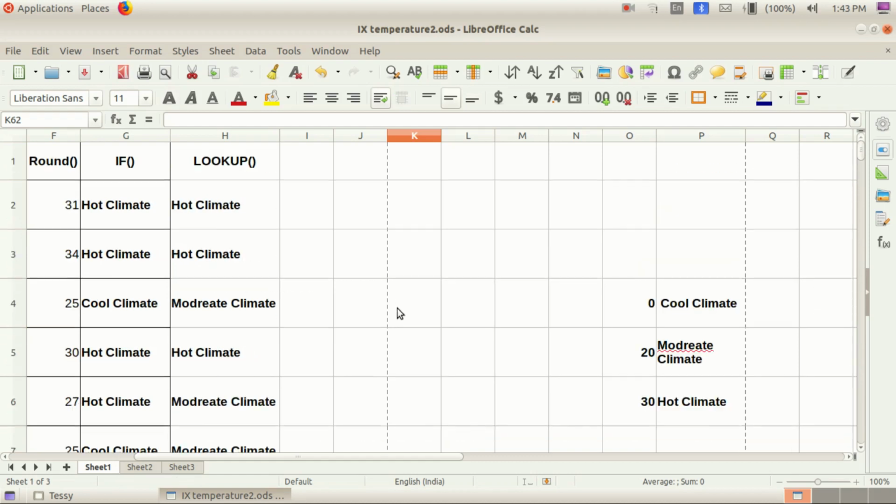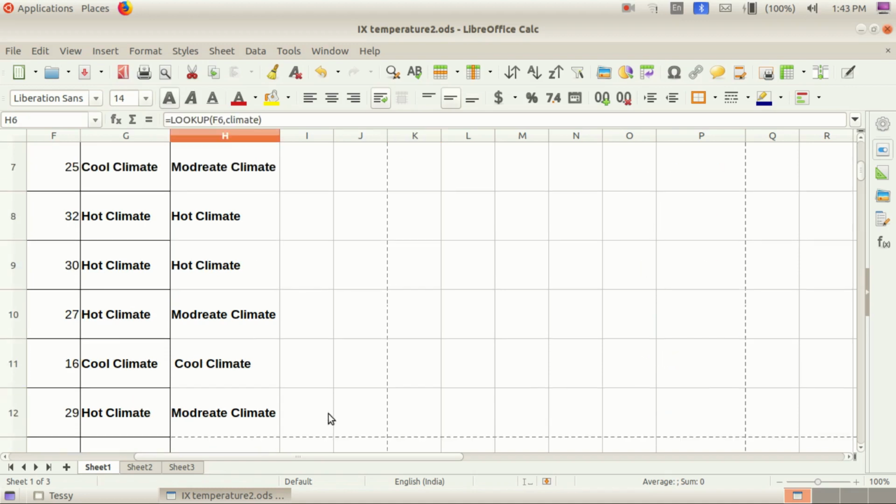Look here, children, now what is the difference? Hot climate, cold climate, moderate climate. Do you understand? Now it is the moderate climate. Which one? 25, in between 20 and 30, is the moderate climate. Why? It is in between 20 and 30.